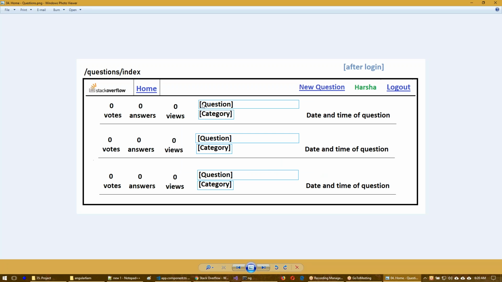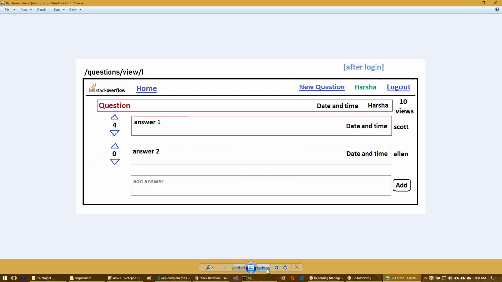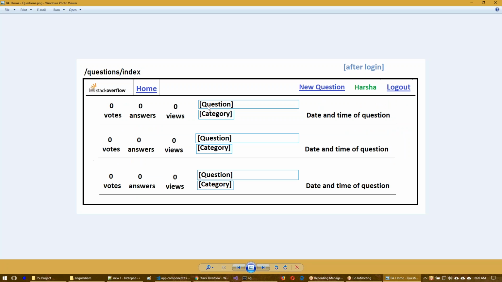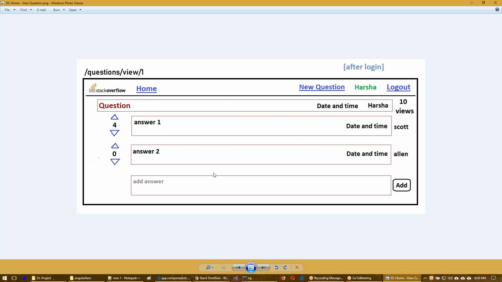And after login or after registration, this new question page should open. Question/index. This page has to be opened. Here the same questions are displayed just like the home page, but the difference is that here we have the current working username displayed and a logout button. New question also should appear. If you click on new question, he will be able to add a new question also. And if we click on any one question, for example this one, the same question details should open here.